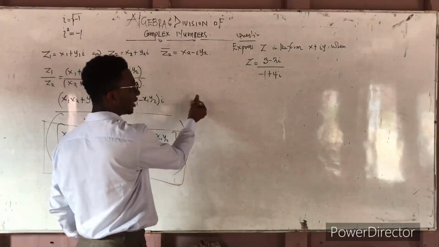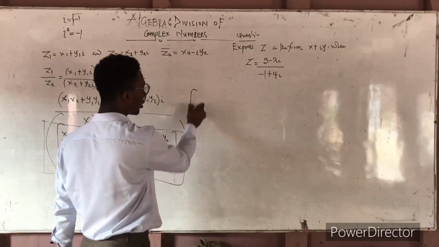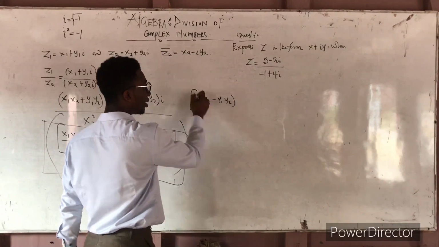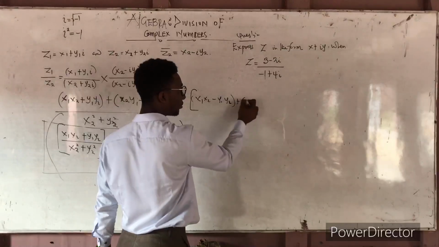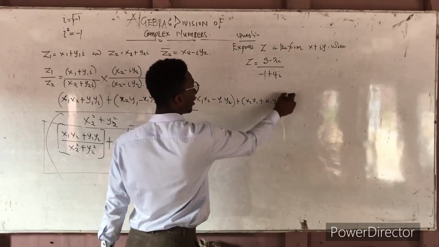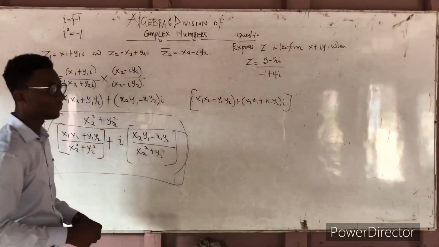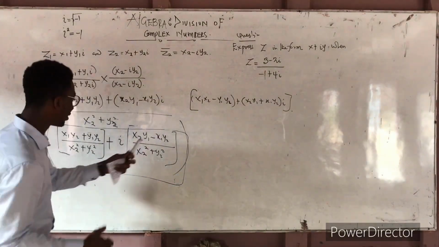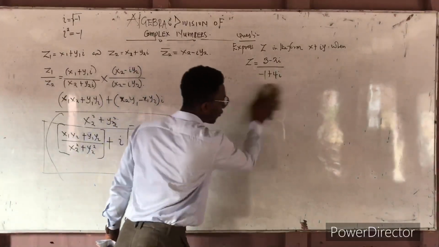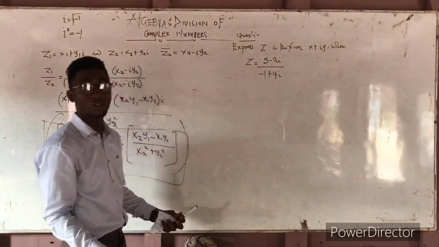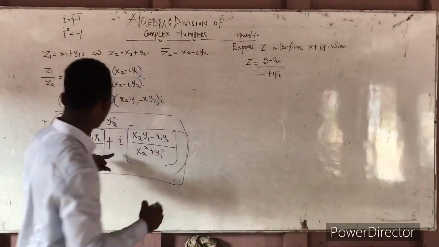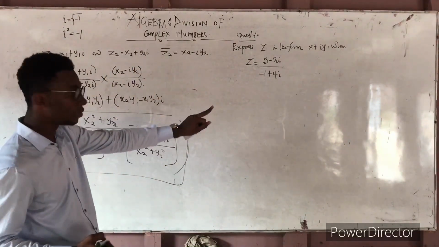And if you have this in your head, you can always write it. When we did the multiplication, that one was also simple. We have x1, x2 minus y1, y2. And the i part becomes x2, y1 plus x1, y2, i. So this was simply for the multiplicative aspect, and this is for the division aspect. There's a way you can memorize it, and that's simple. You should just look at it and memorize it. Okay, so now we have to bring this formula, and that will help us to easily solve this.